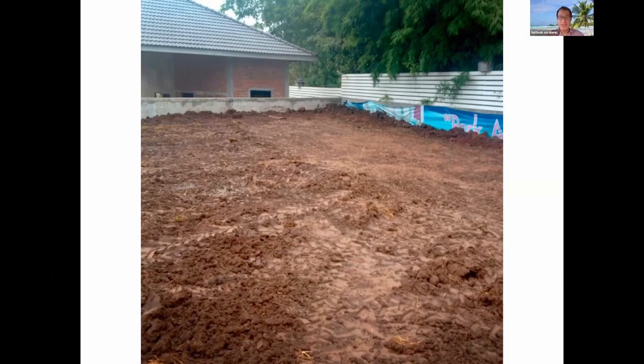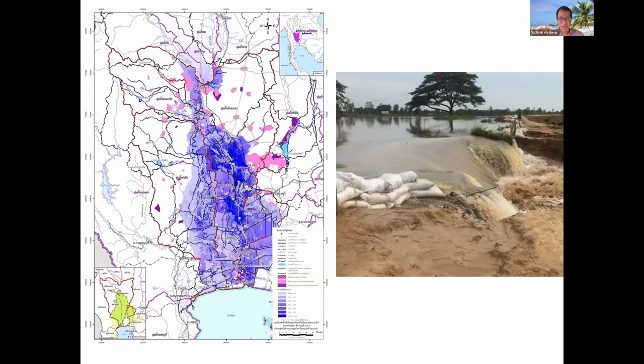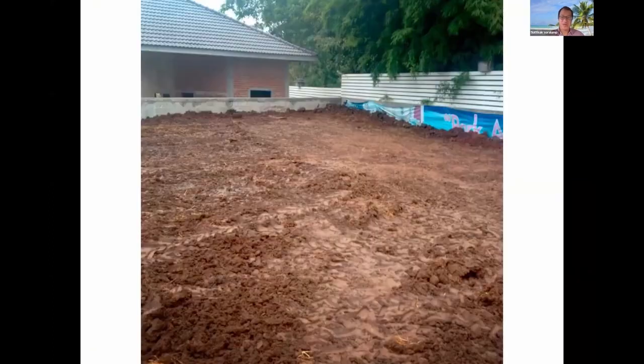But in 2011, a new record, a higher flood elevation, was reached. That's why we fill even higher, like this one. You can see this is the house of the neighbor. Are you familiar with what happened in Jakarta? They filled more soil into the area, and then they had ground subsidence not only from the groundwater pumping, but also from the weight of the fill material.